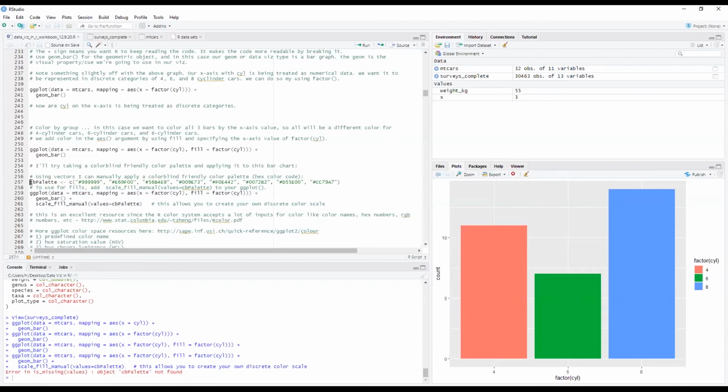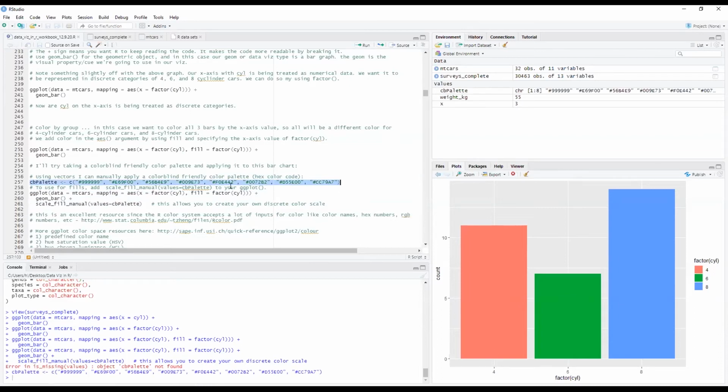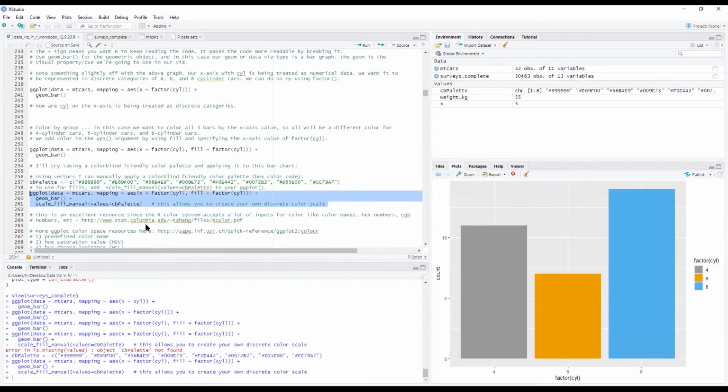Oh, I did not execute this top one. So I need to create the CB palette object first, and you can see the values right here. It's a vector here, and then I will run this line of code, and here are my 3 colors. This gray color, it's just taking the very first 3 colors in this colorblind friendly palette.